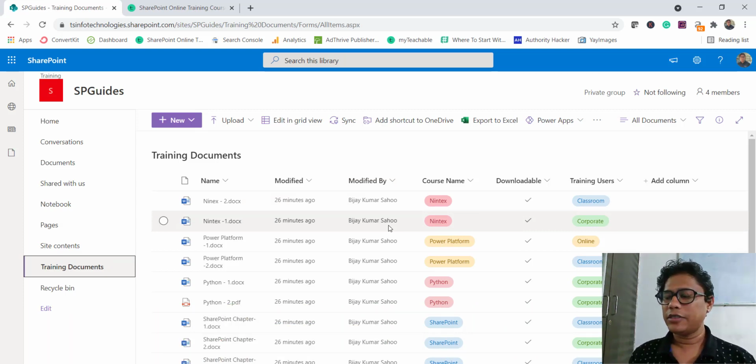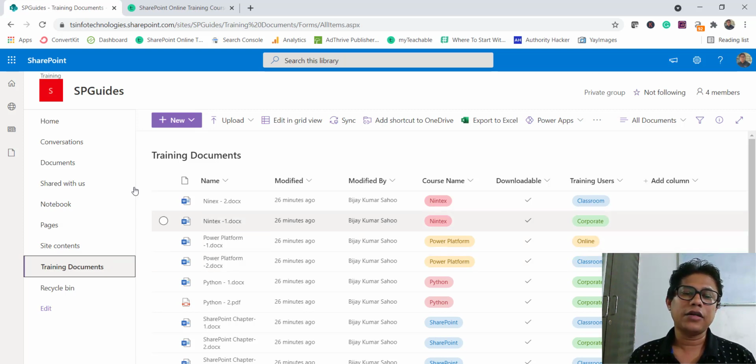Now, the first thing is why we are required to create a custom view, or to modify a view. Because if you want to display items that make sense to you according to your business requirement, then in those scenarios you will go for creating custom views. And we'll see here how we can show and hide columns, how we can change order, and then how we can sort, filter, and group by, and then how we can create or modify the existing views. Those things we'll try here.